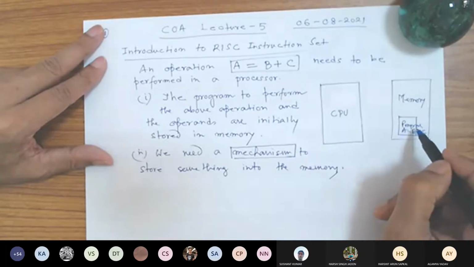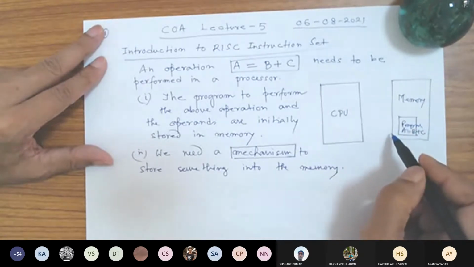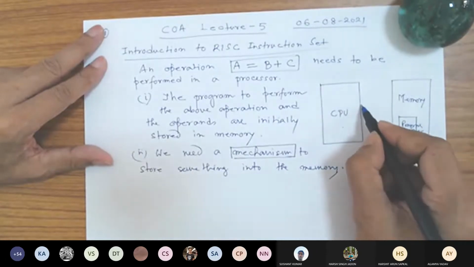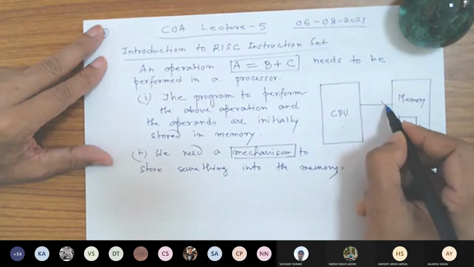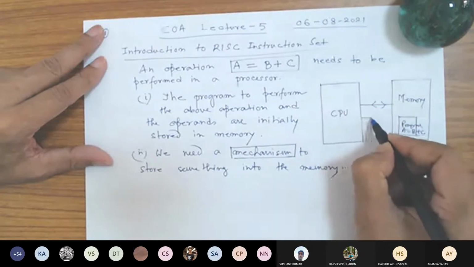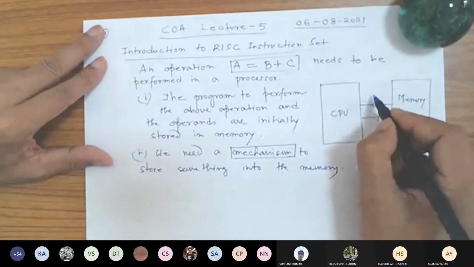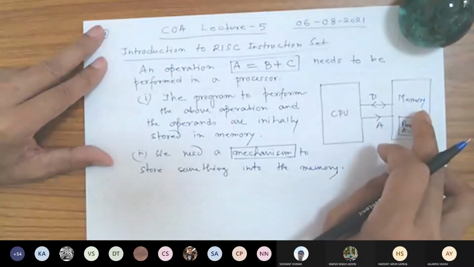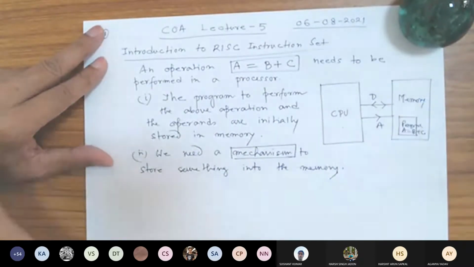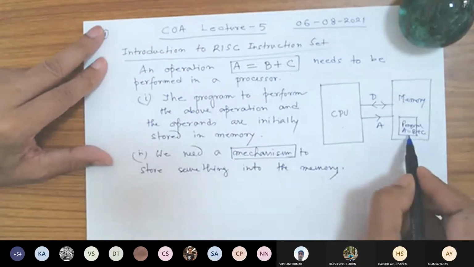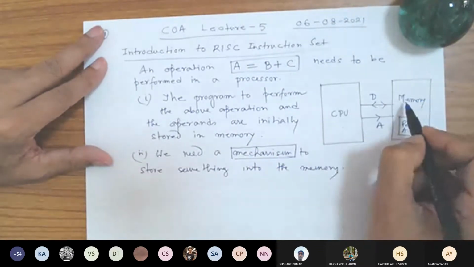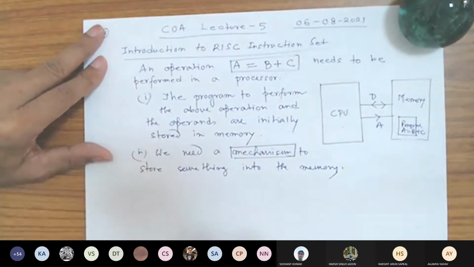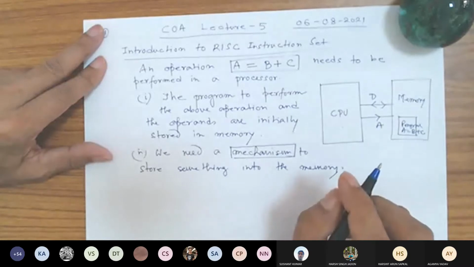Now, who stores this program here and how is it stored? Because you cannot directly go to the memory and write something. Memory is connected to the processor only. If you look into the diagram, this is the data bus, this is the address bus. From the external world, you cannot write to the memory. So even if you would like to write the program here, you'll have to go through this channel. This is a very tricky part. It's actually a chicken and egg problem.